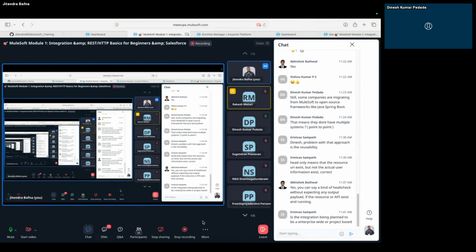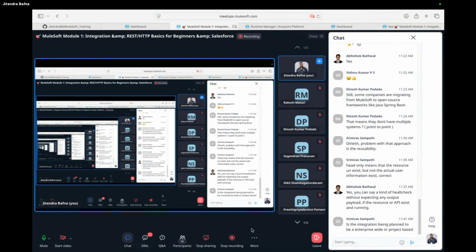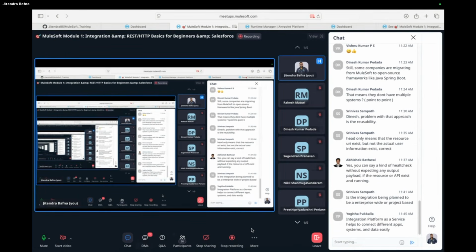We have infrastructure as a service, platform as a service, and software as a service, right? So what is a platform as a service? The platform is provided by the vendor, and you just run your application. You just take care of the data in the application. The backend infrastructure, the high availability, resiliency, fault tolerance, everything is taken care of by the vendor. When we say integration platform as a service, what does this mean? MuleSoft will provide you the platform. You deploy the application. You don't have to worry about high availability and scaling. You don't have to worry about resiliency and fault tolerance.